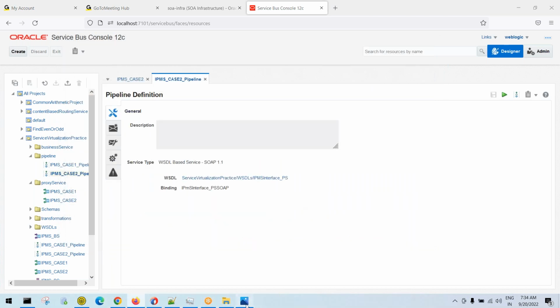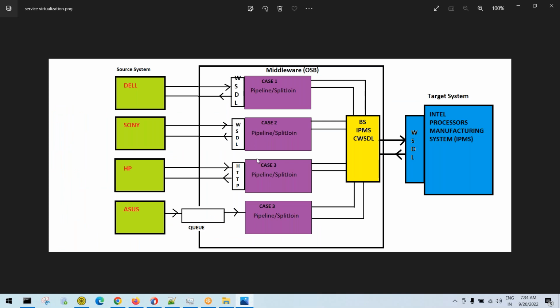Now go to the third use case. What is the third use case? The third use case is URL virtualization. Sorry, protocol virtualization. That means